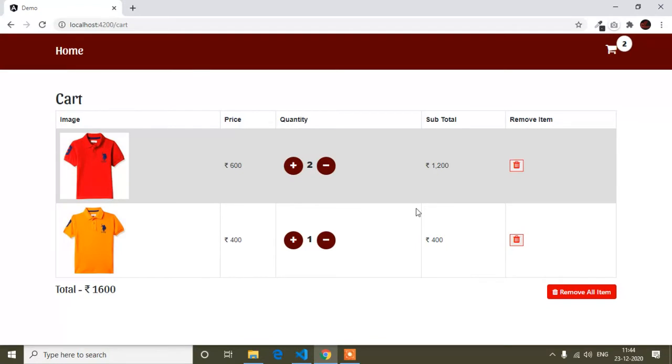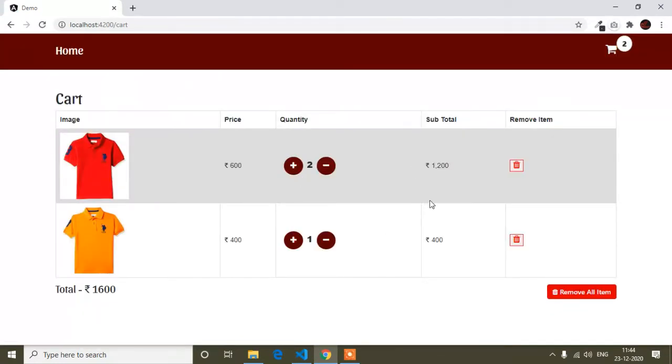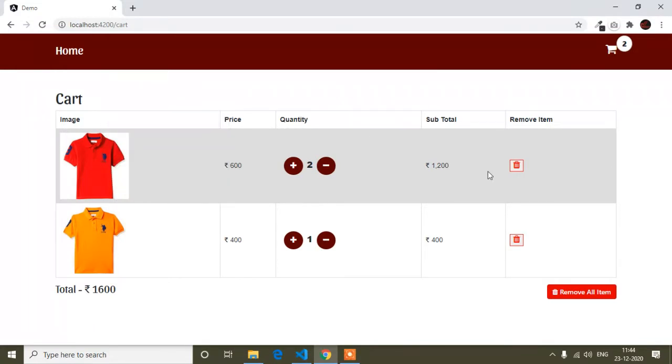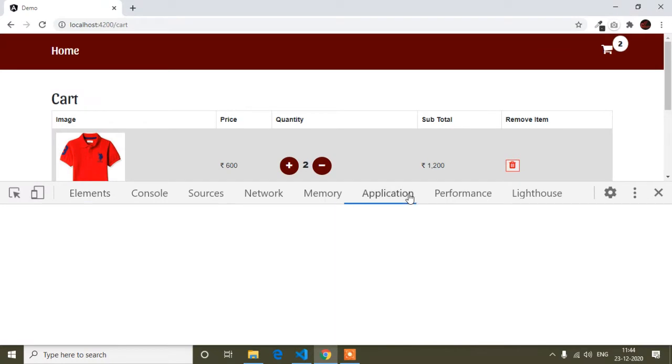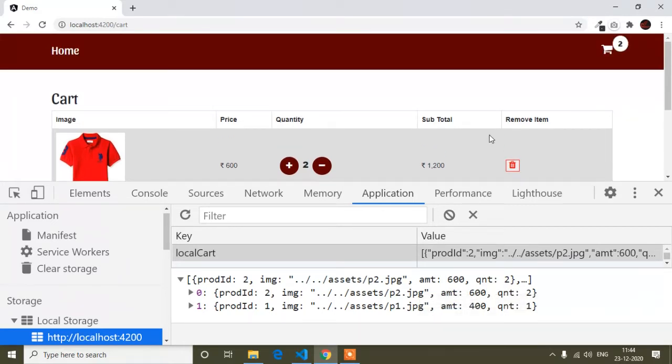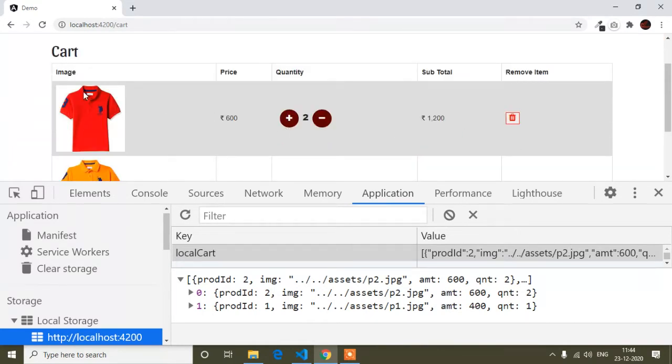Guys, first of all think what I have to do for removing all the products from here. I'm fetching these products from local storage. If you have watched my previous tutorial, you know I stored all the products in our local storage when I add any product to our cart, and from the local storage I'm getting all the products.